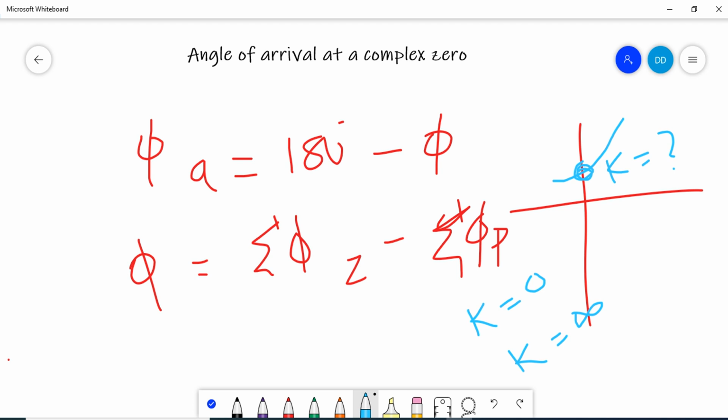Then if our system has complex poles and complex zeros, we need to find the angle of departure and angle of arrival. At last, we have to find if there is any intersection with the imaginary axis, and find the point of intersection. We have to find the critical value of k and decide the stability of the system. So this is how we plot a root locus for a system of any order, as developed by W.R. Evans.